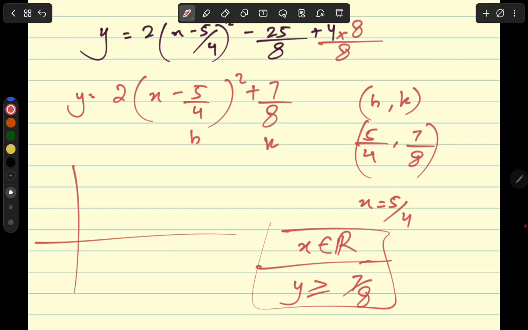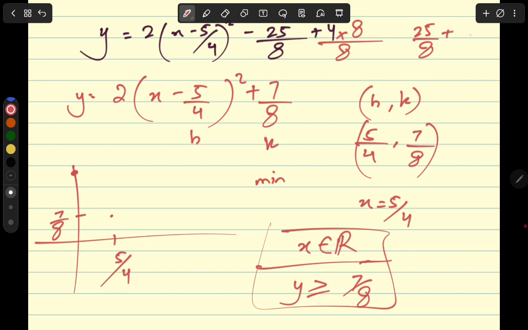So if I have to draw it, first of all, it's a minimum type curve. The value is 5 upon 4 on x, and it produces a value under 1 which is 7 upon 8, and this opens upward. Now I can also plot the y point here, which is going to be nothing but 25 upon 8